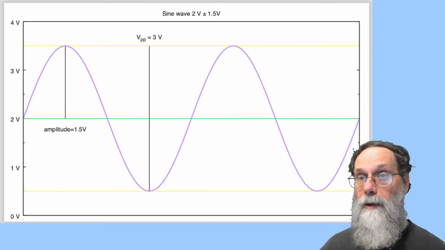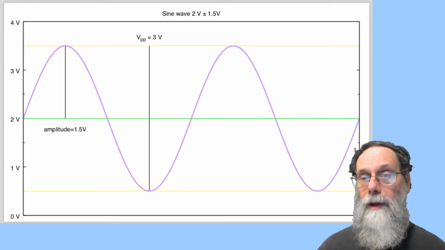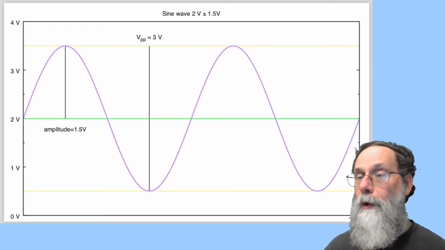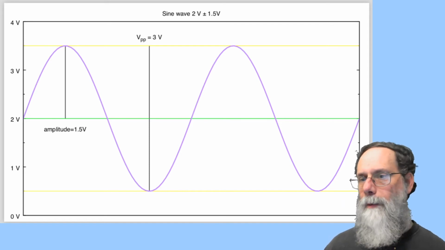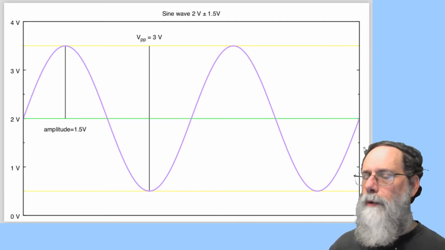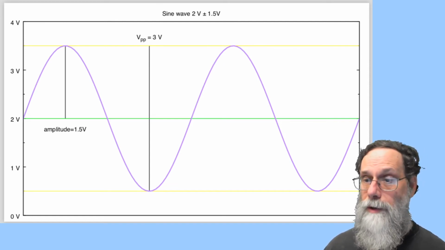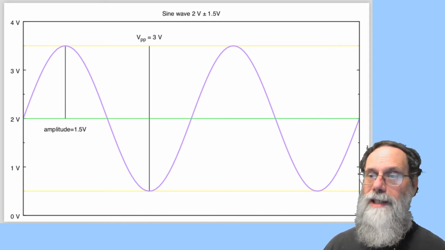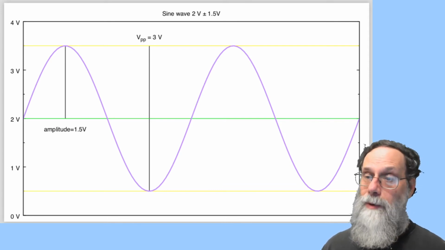If, on the other hand, my time 0 was at the 3 volt line there, where I have the peak-to-peak line, well, then my phase is pi or minus pi because I'm a full half a cycle away from the 0 being the maximum. So it's useful to talk about phase sometimes, particularly interesting to talk about phase differences, where you have two different signals that are running at the same frequency, but they're not lined up with each other. How much change there is in time between them is often measured as a phase difference. What's the difference in phase between these two signals?